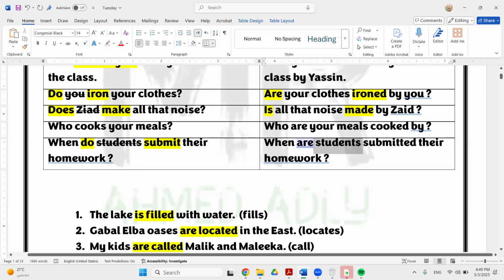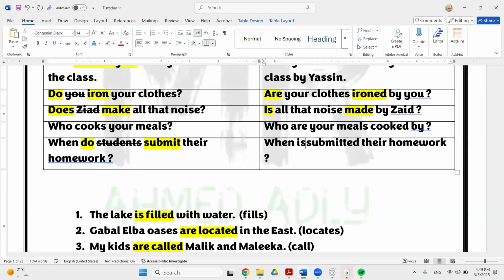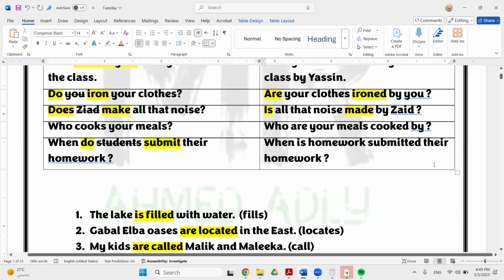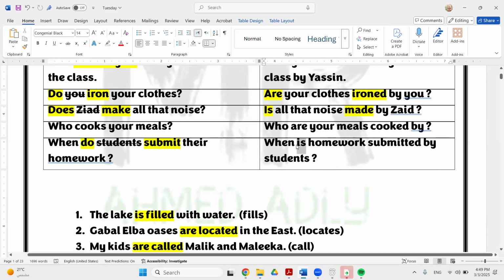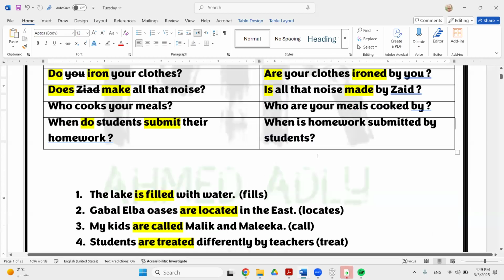So when is homework submitted by students? When is homework submitted by students? دنيا بستخدم verb to be بجيب الobject لأن أنا غالبا مش ببقى عارف مين السبجect يبقى when is homework submitted